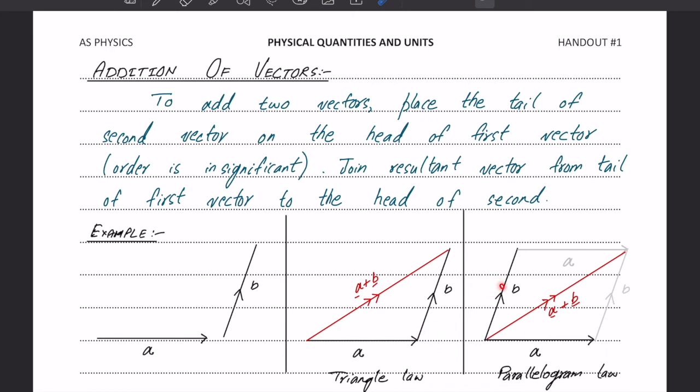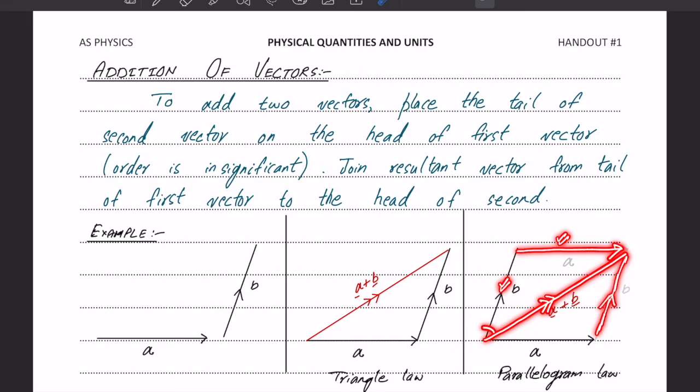But what you could also do is that opposite to A, you draw another A vector, and opposite to B, you draw another equal B vector, and complete the figure as a parallelogram. The diagonal of that parallelogram